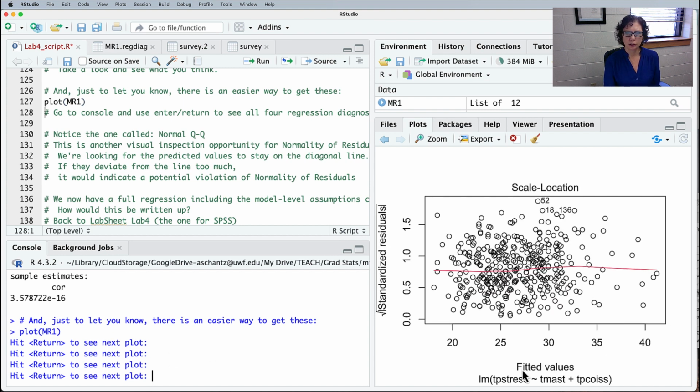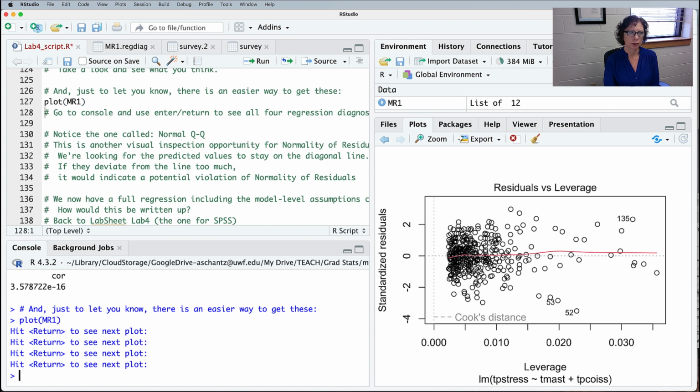Scale and location. So this is fitted values to standardized residuals. It's very similar to the prior one. You're looking at spread between the fitted values and the standardized residuals. And then one more, but we don't use this one as much,